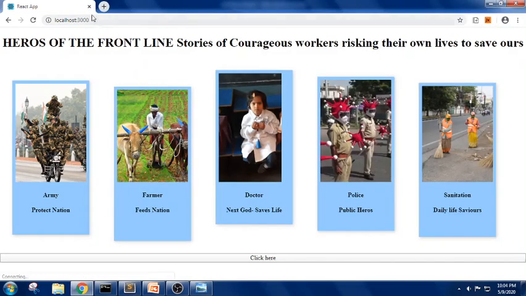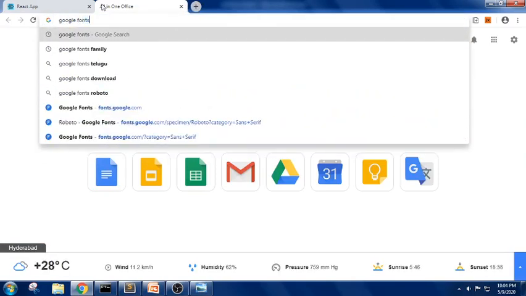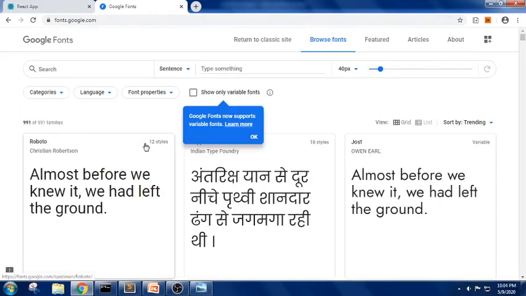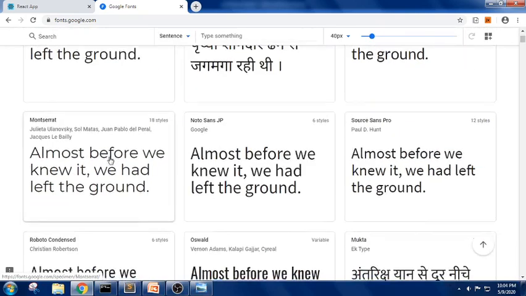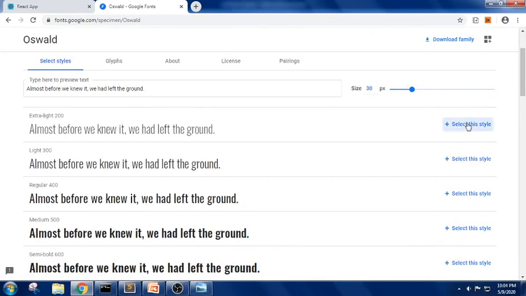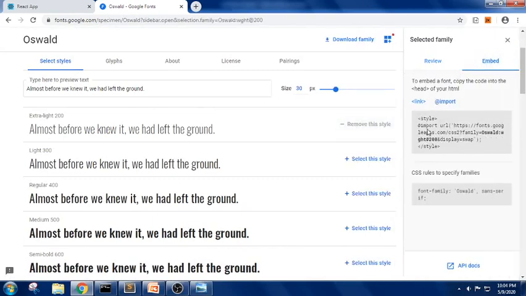Let me take some Google fonts. I'm trying to use this one. Let me take this part, embed. You can import.